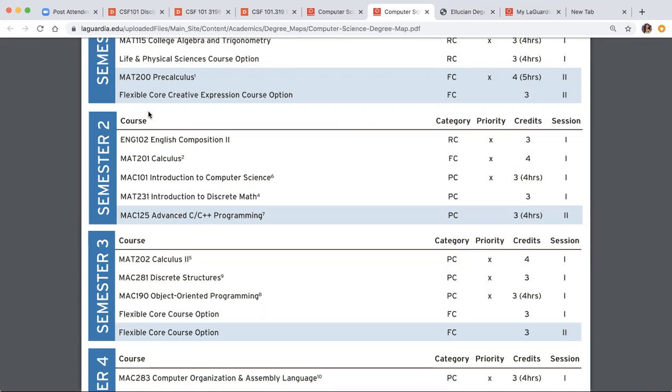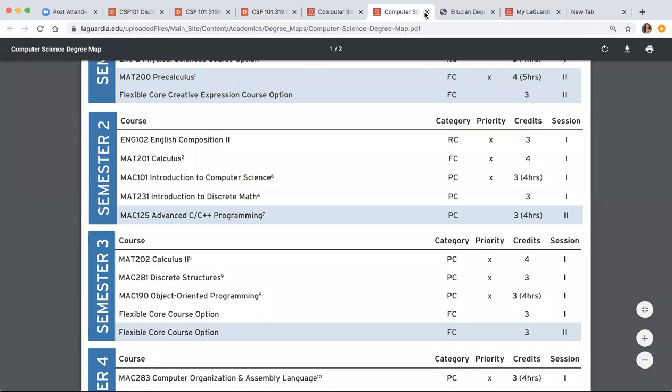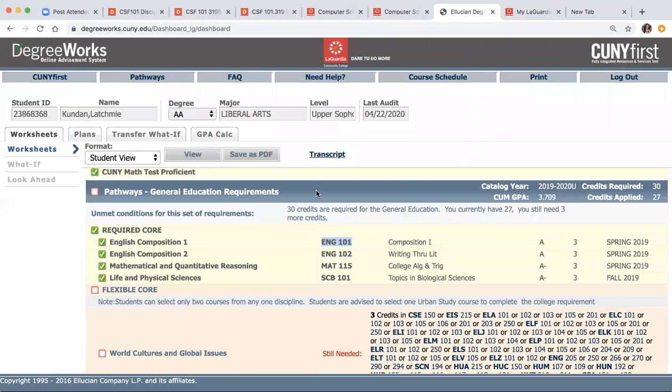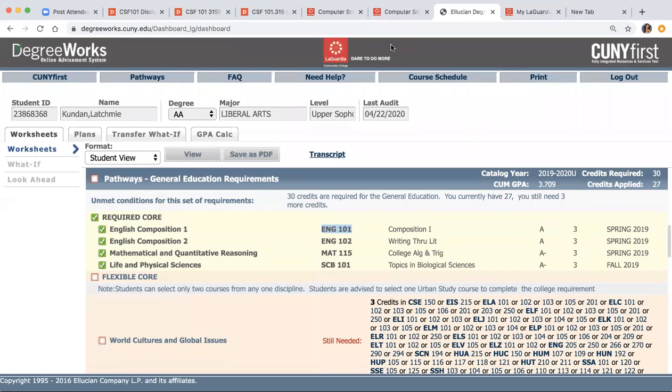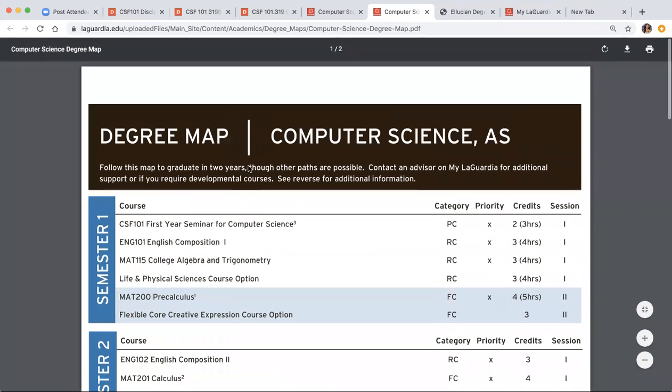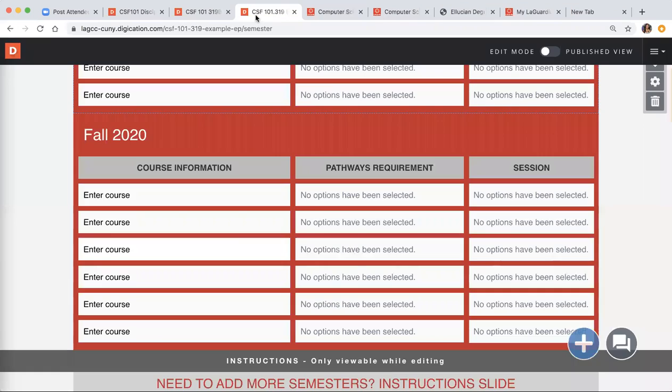Yeah, so I hope that's helpful. Again, make sure you are using your DegreeWorks and your degree map for your intended major. So then when we go back to our e-portfolio,